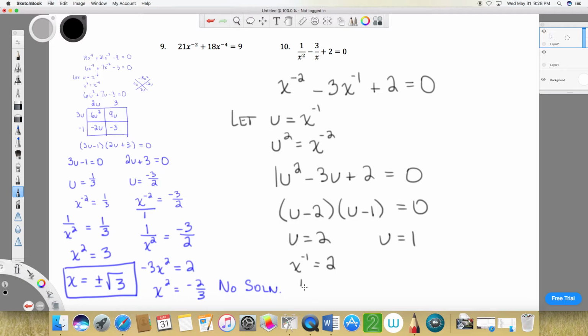Or you know, what you could do is raise each side to the negative 1st power. And a power to a power, you multiply the exponents. Negative 1 times negative 1 is 1, so we get x. 2 to the negative 1st power is just 1/2. And over here, x to the negative 1 is equal to 1, and that's pretty easy to see that x is equal to 1. So here's our two